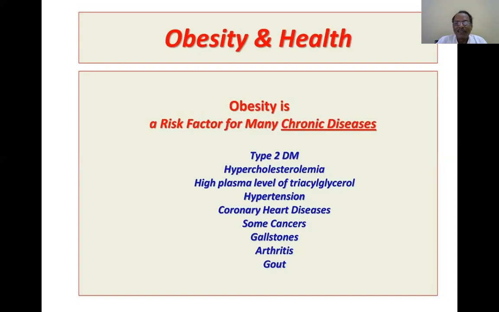Type 2 diabetes mellitus. Once obesity is there, there is going to be what is called insulin resistance. And once resistance is there, its effect on the glucose metabolism is reduced. There is going to be a build-up of glucose levels. And that is what type 2 diabetes mellitus is. Insulin insensitive diabetes mellitus is called type 2 diabetes mellitus. Here, even though insulin is present, its capacity to work is reduced. Its sensitivity is reduced, and hence there is diabetes mellitus.